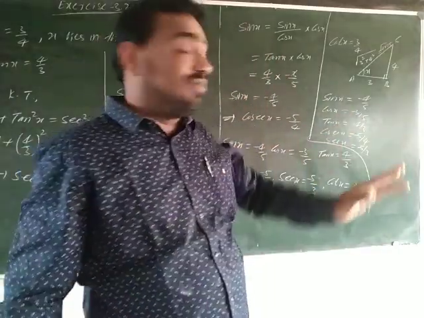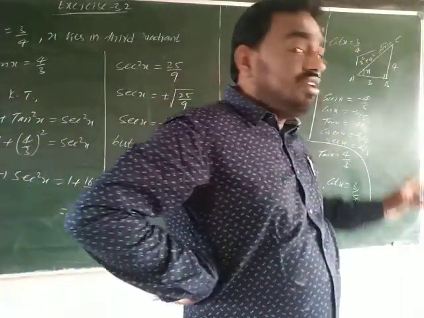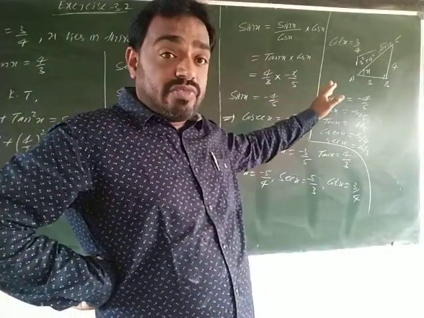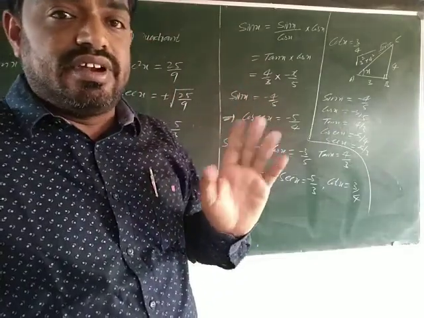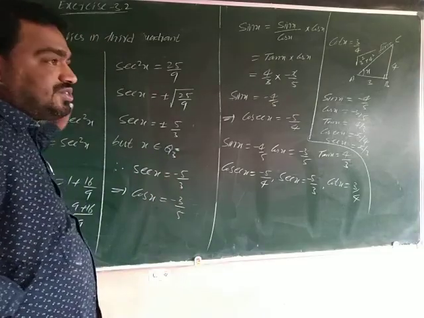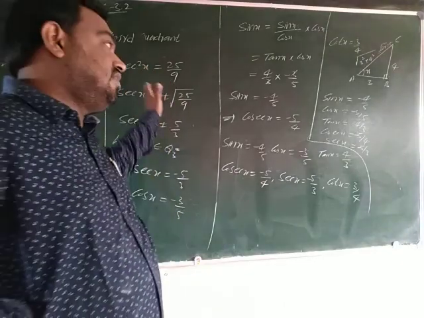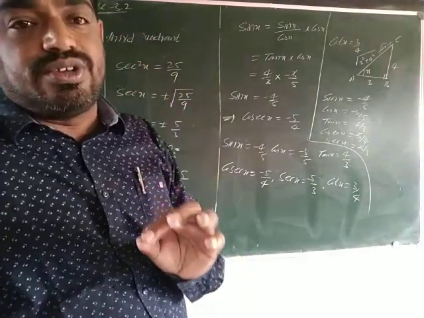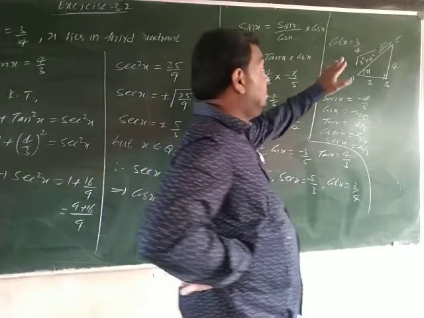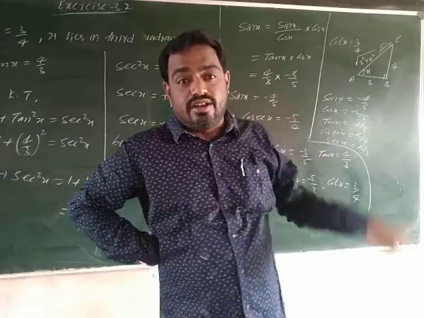But this one you can use in competitive exams only, but not in board exams. If you solve this one in board, they are not giving marks. You are not getting full marks. We have to use, compulsory, trigonometric identities only. By using the trigonometric identities, we need to find the remaining trigonometric ratio values. Then only they are providing marks. So keep this in your mind. This one you can use in competitive exams only, but not in board. Okay, right. Next question.